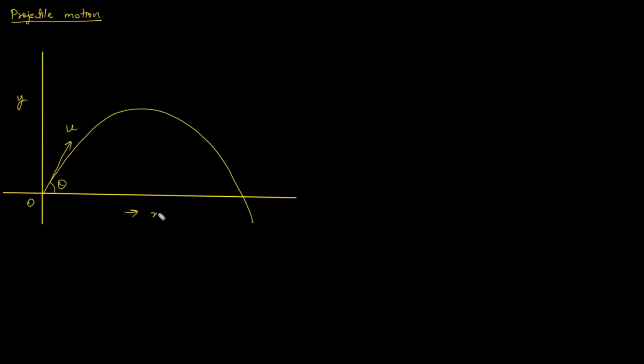Now after this we are coming to projectile motion. Okay, so in projectile motion we have to do a few derivations. Now first of all, the definition of projectile and projectile motion. When an object is thrown with some initial velocity making an angle theta with the horizontal in space, it follows a parabolic path.